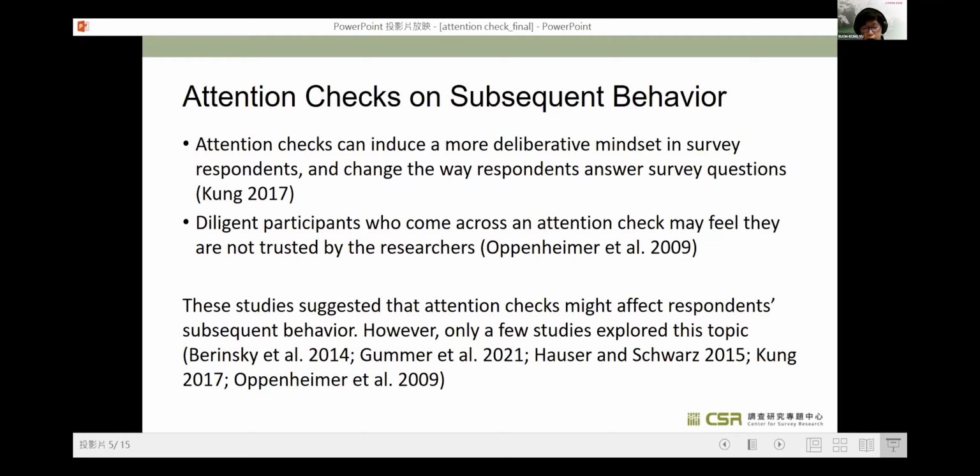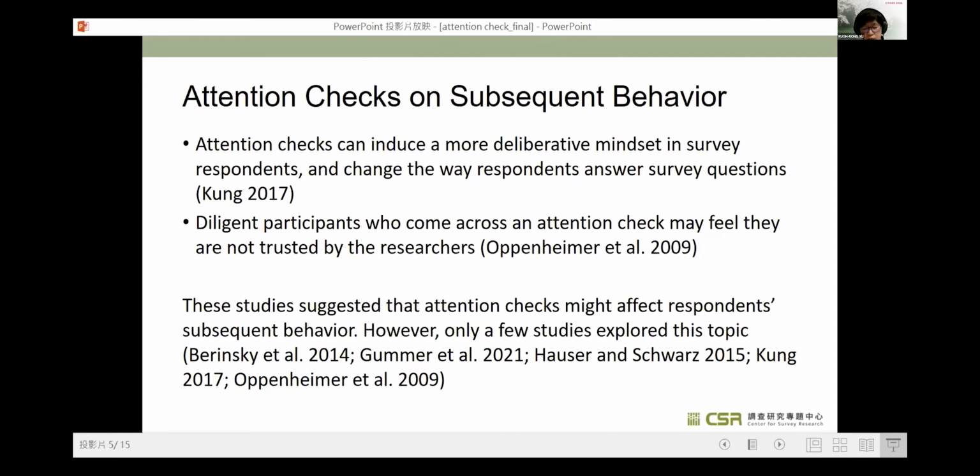For example, if an attention check makes a diligent respondent feel untrusted, the respondent may drop out of the questionnaire, or if he remains in the questionnaire, he may speed up answering the subsequent questions. Yet, attention checks may have the opposite effect, making the respondent more concentrated and spend more time responding to subsequent questions.